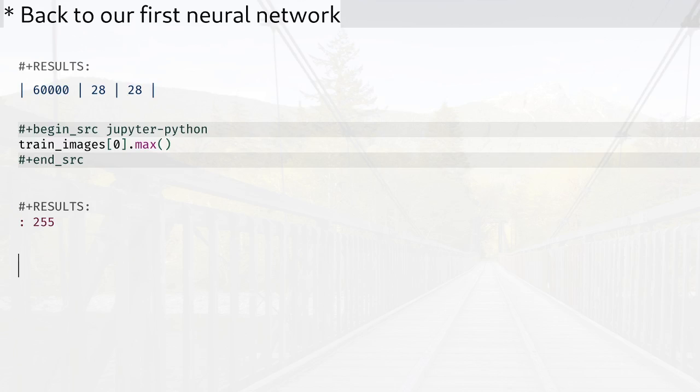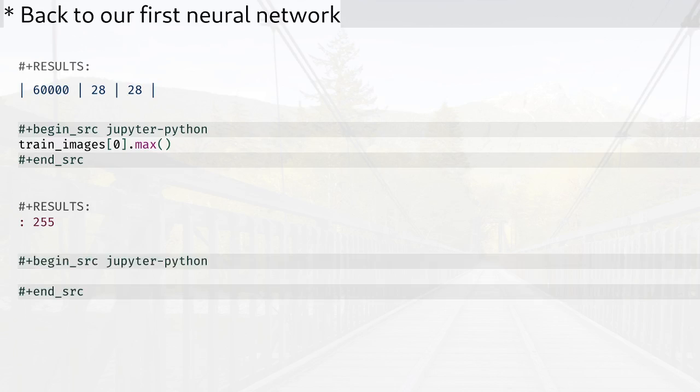Now, one of the things when you do neural networks is that, given the optimizers that we use, it's useful to normalize your input values and make sure that they're between 0 and 1. So we're going to do that. Train images is going to be equal to the train images that we just loaded, the original ones, and I'm going to divide it by